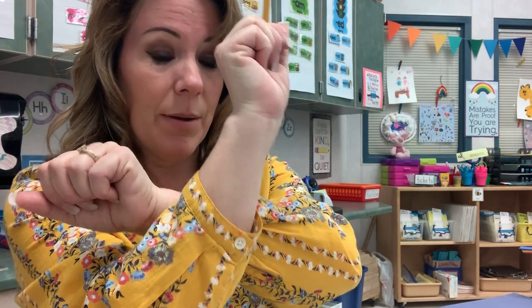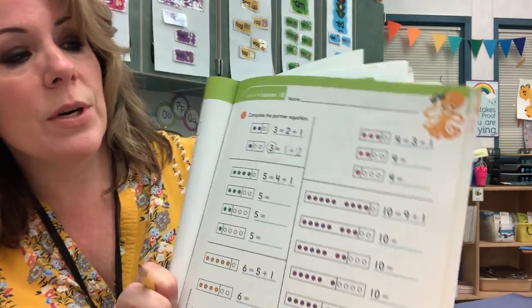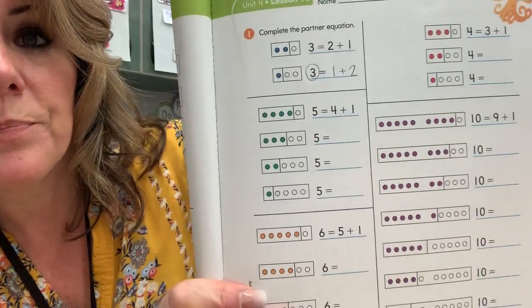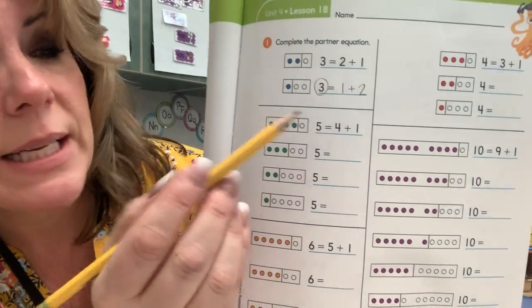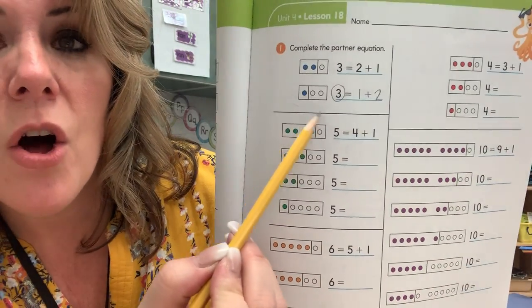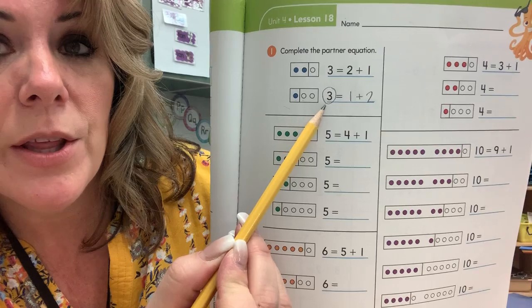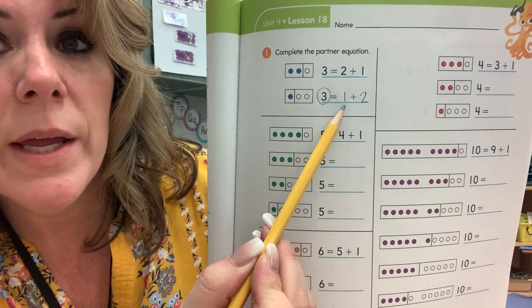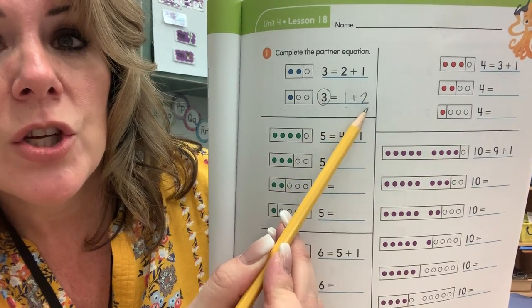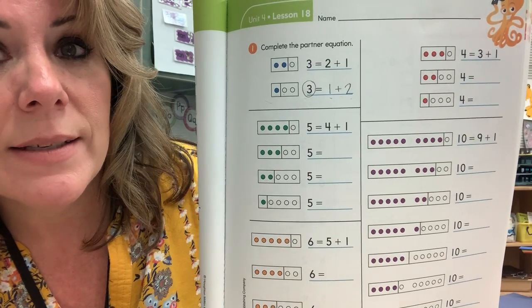I'm adding, okay? So how many white circles do I have? I have 2. So hopefully yours looks like mine, okay? So you can see I have 3 all together, so I've circled the 3, and I have 1 blue plus 2 white,